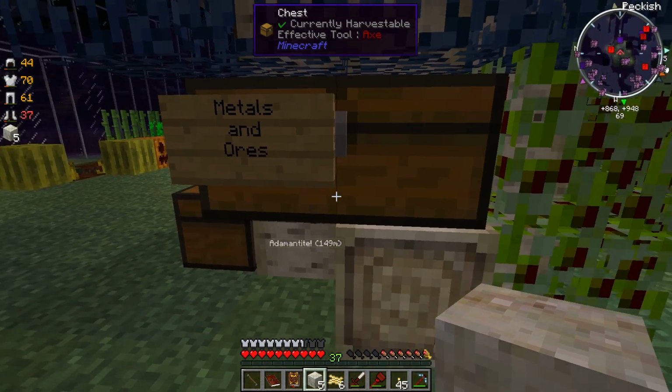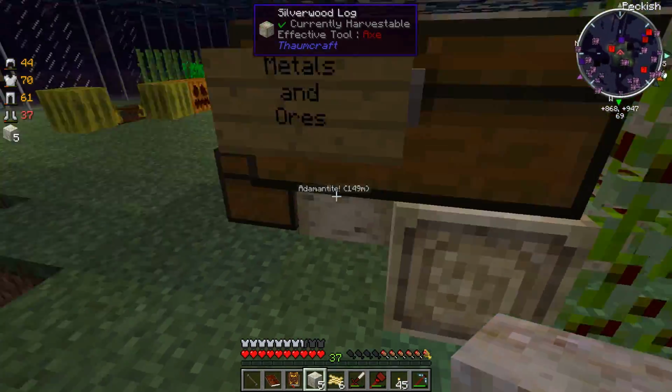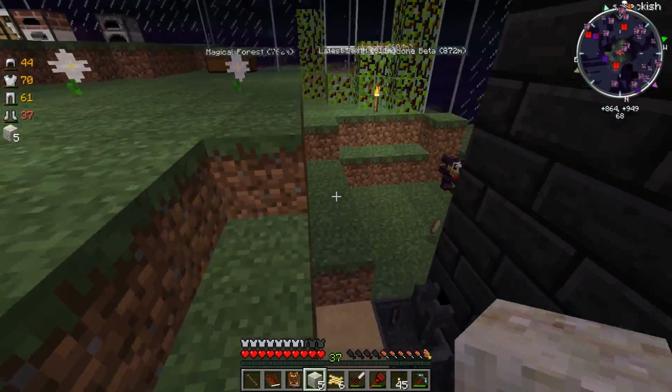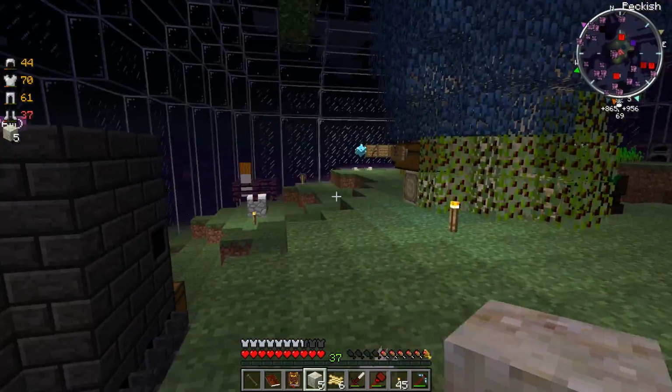And hopefully, now if that runs out, I'm just going to break this silverwood log here and place another double chest right under it. That way it's really easy to keep them all in one convenient location that's very close to the smeltery. Ooh, I see some eggs. Let me grab this egg and these feathers. Awesome. Anyways,